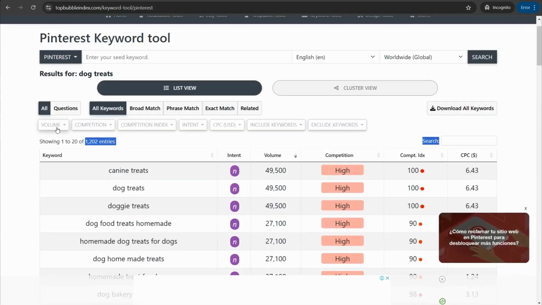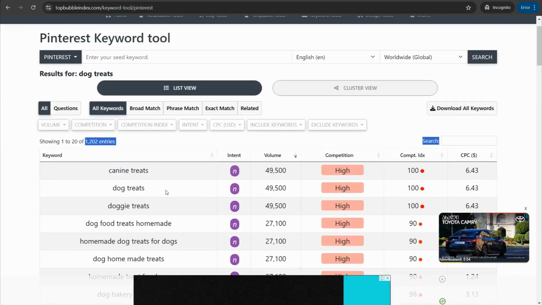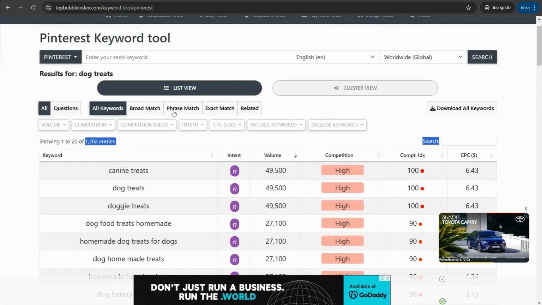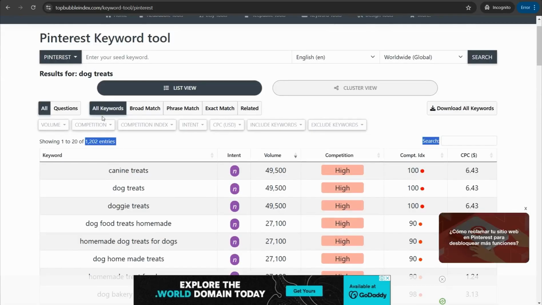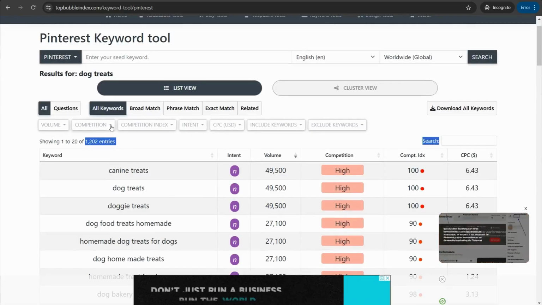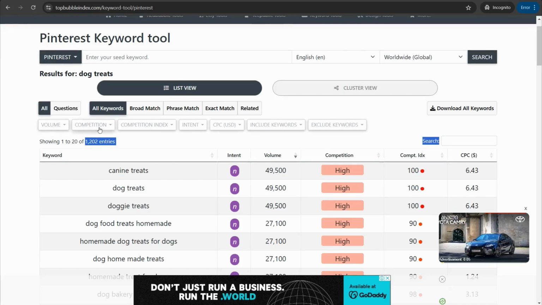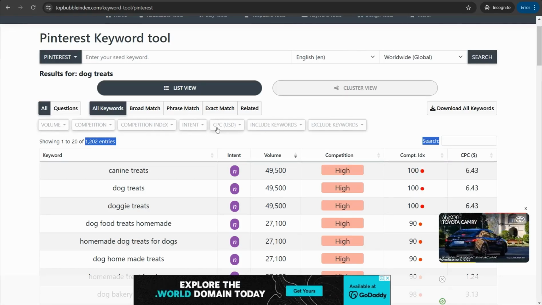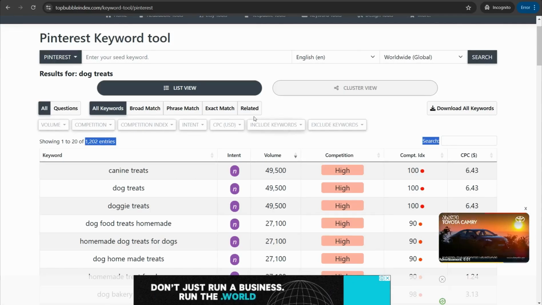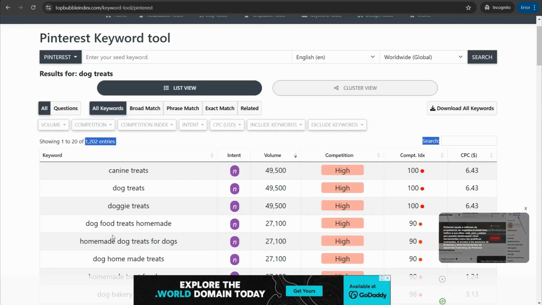And of course, here you can filter and refine your results based on broad match, phrase match, exact match, questions. You can filter from these columns like competition, index, intent, CPC, include keywords. So you can feel as if you are landing on SEMrush or Ahrefs, that is premium websites. But here you can use this amazing website for free. And the third tool that you can rely on to get your keywords and the most searched topics, that is